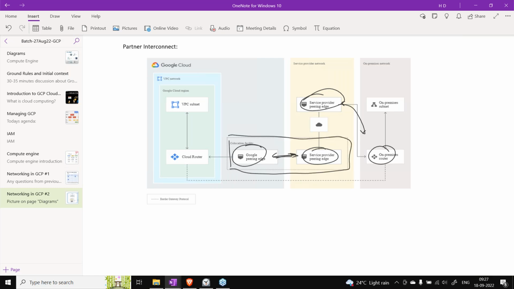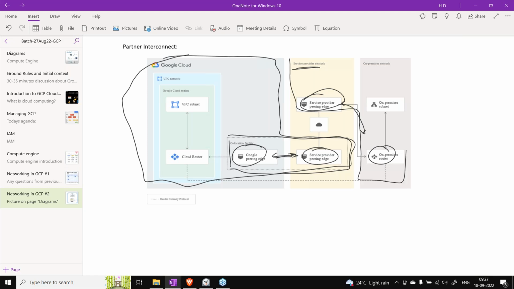So these major service providers that we are talking about, they already have this connection taken care of. They have this particular setup with Google, right? And from your side, you need to take care of this particular part. Since you're not located at a co-location facility, you need to work with the service provider instead of Google. You will be working with service providers and making the connection to their edge. On the other side, they have another peering edge which is already connected to Google, I mean GCP, correct?